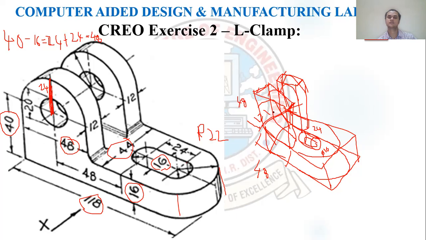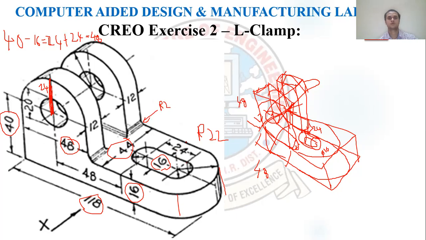And again, you have to use references and find the center of this circle. So the center will be somewhere here, and draw the diameter 20. Extrude till the end, so that you will get a hole inside this one. And again at this corner, use a round command and make it 2 mm, so that this dimension is 2. Assume that the radius is 2, and this will be generated.